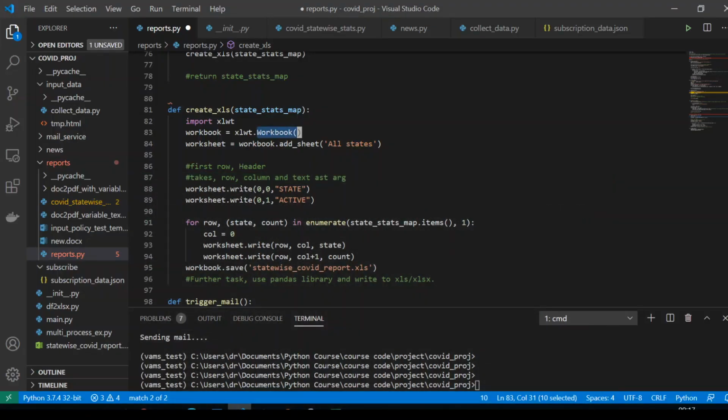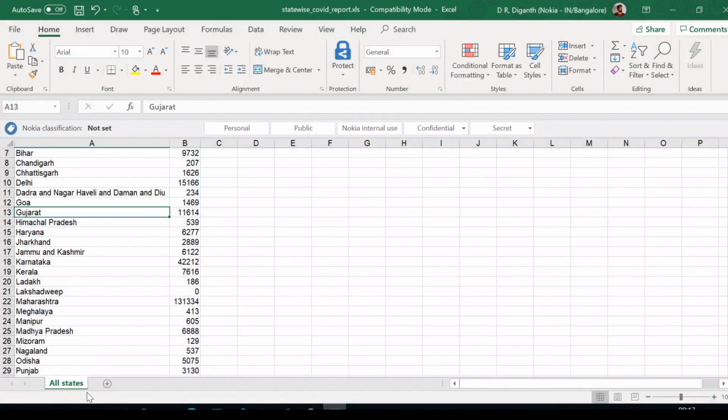So we have just initialized an object which is called a workbook. This is just a variable name. For readability purposes, I have written it as workbook. And then inside that workbook, I am creating the sheet. This sheet name is called all sheet.